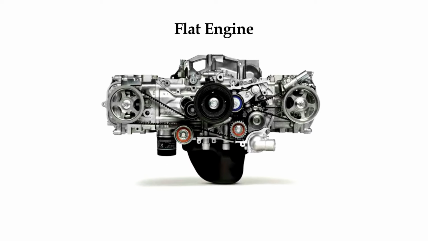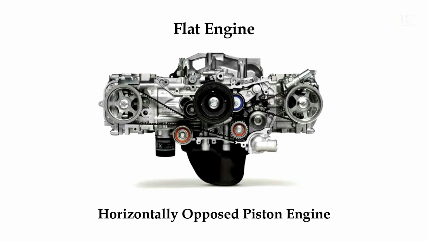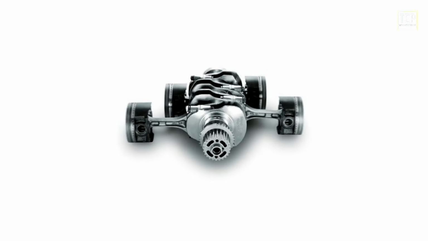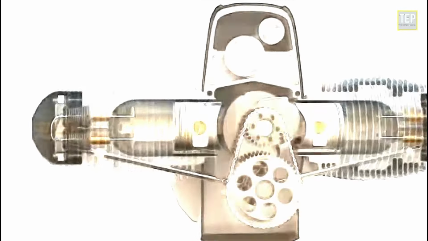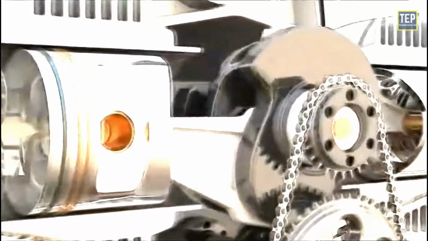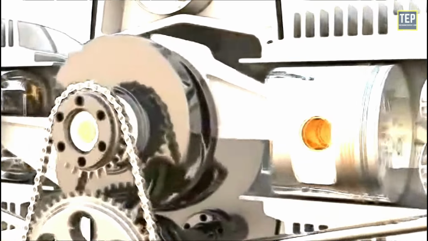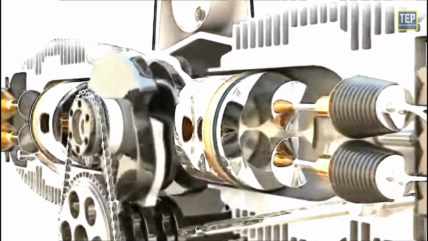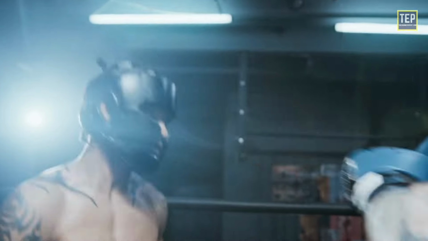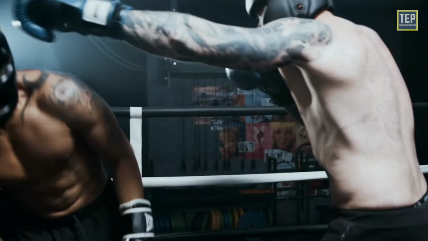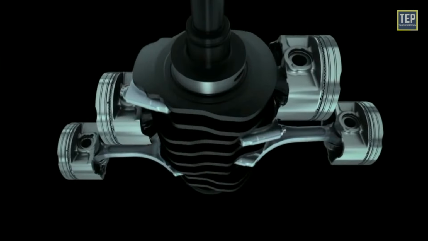A flat engine is also known as a horizontally opposed piston engine, where the cylinders are located on either side of a central crankshaft. Most flat engines use a boxer configuration because the movement of the engine's pistons resembles the action of a boxer's fists in the horizontal plane. However, unlike the boxer's fists that both move in the same direction, half of the boxer engine's pistons move in